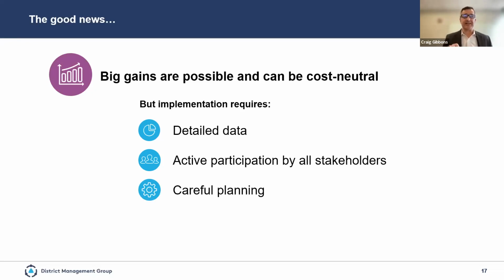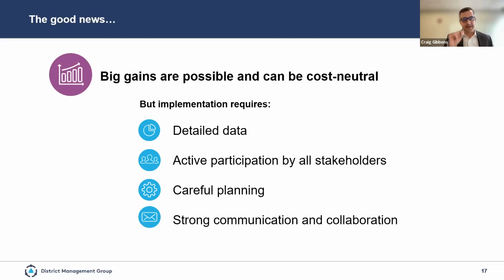It has to be both thoughtful and careful planning, right? There are a lot of people whose lives may be impacted if you're implementing change here. So just make sure that everybody's involved and you think through your timelines and your approach to implementing change, and then continuous and strong communication and collaboration throughout, keeping people well informed step by step. That's going to create a very different result in comparison to without that.